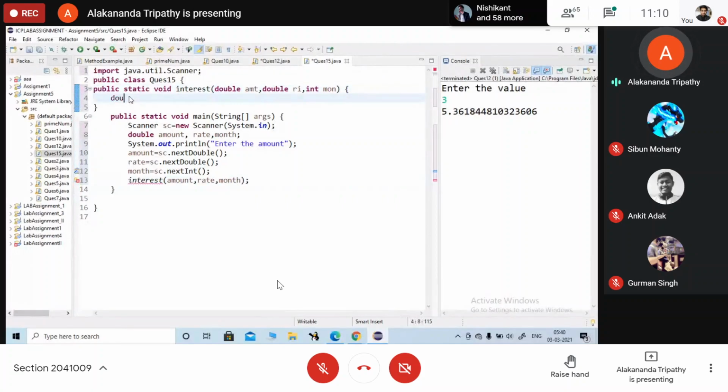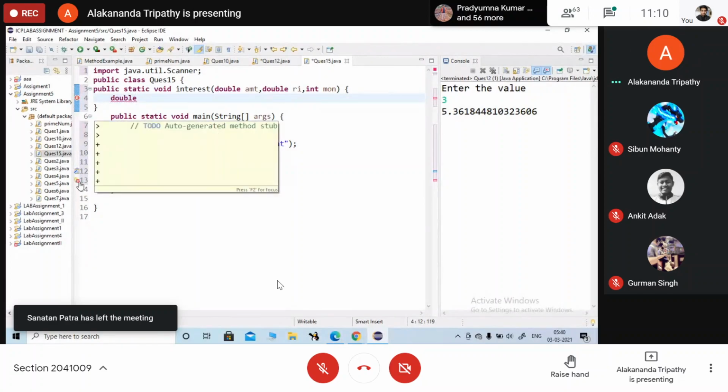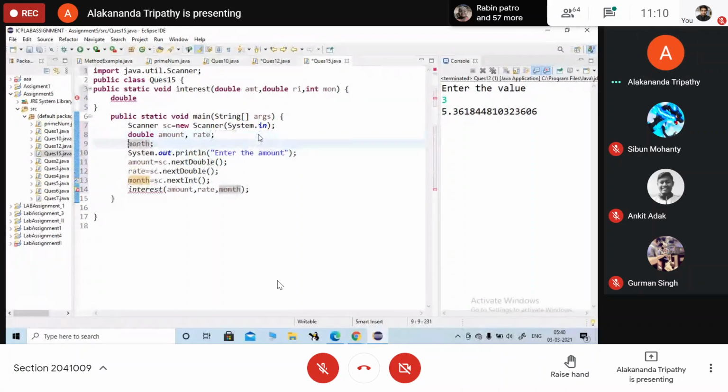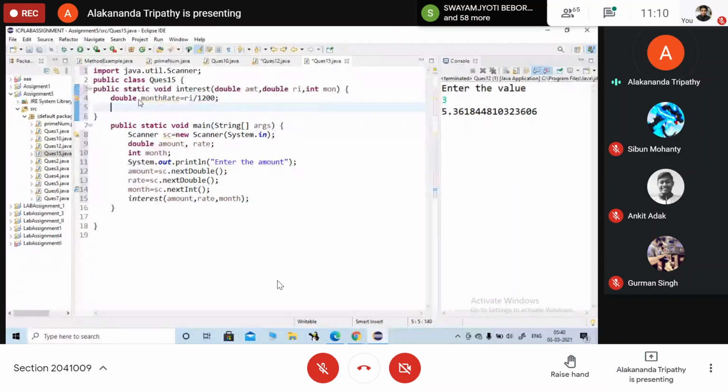So here we are going to take the value double, integer. So two values you are going to come, monthly rate of interest. You need to compute it. तो ये कितना हो जाएगा monthly rate? RI divided by 1200. Okay. Then